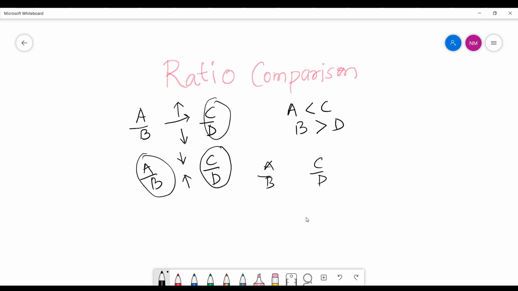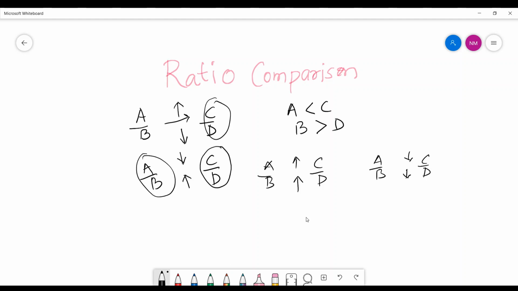where both the numerator and denominator are increasing, and where both of them are decreasing. So in these two cases, we need to drill down and calculate the values and see which one of the ratios is greater or smaller in value. Now we'll see how we can approximate, how we can take advantage of percentages to solve such problems. I have already covered percentage approximation in another video. I'll put that link in the description below. You can go through that video and understand that concept.